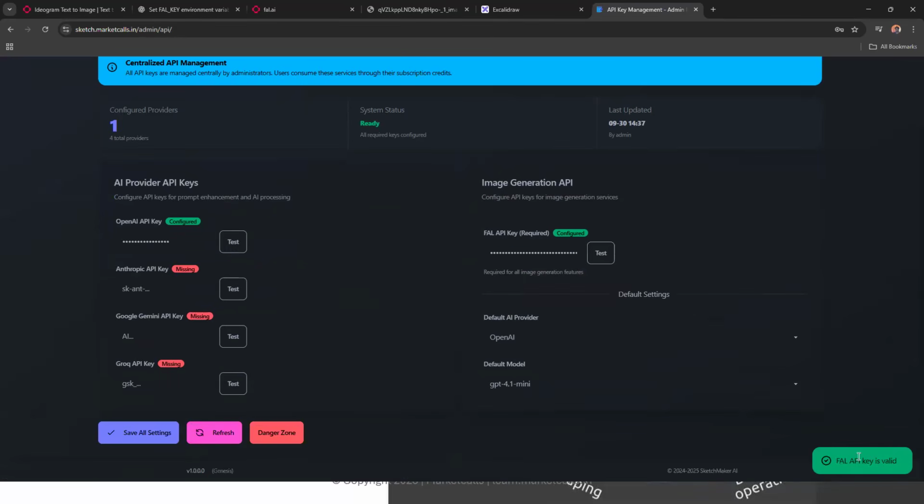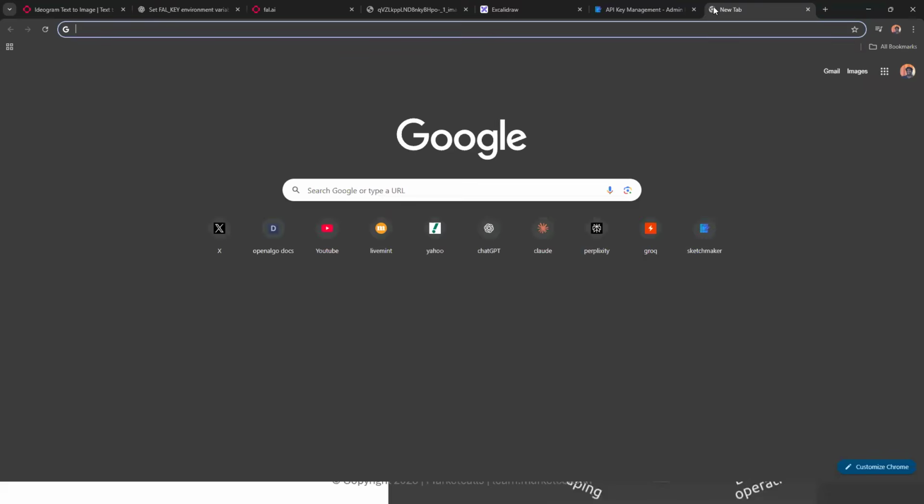So the FAL key is valid. Likewise, I also go back and set the OpenAI key as well. So FAL key, I saved it, and then I'll save the settings. And OpenAI also, I'm going to go and get it. So we'll go to